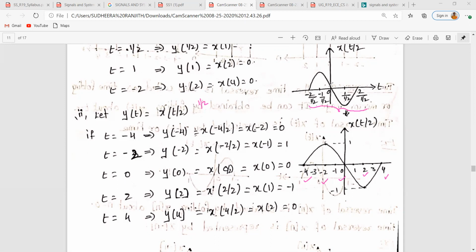So for the time scale, if you solve these values, that is simplify, then you're going to get these values. So the actual duration of the signal is from minus 2 to plus 2. But the signal now is defined in the range of minus 4 to plus 4. So if you observe, the signal expands. So this is called the expanded version of x of t.